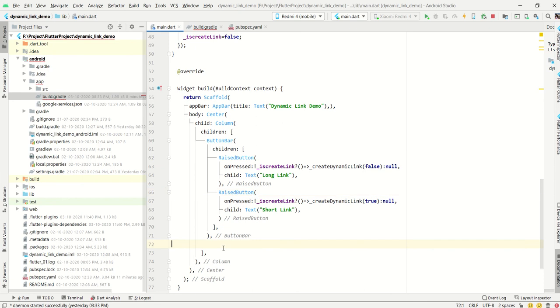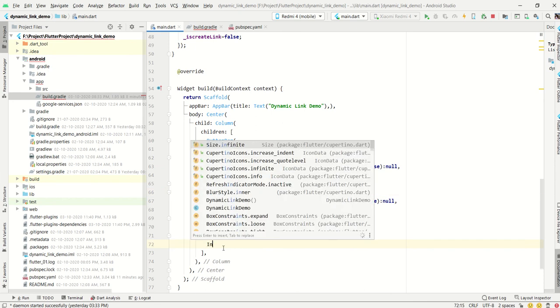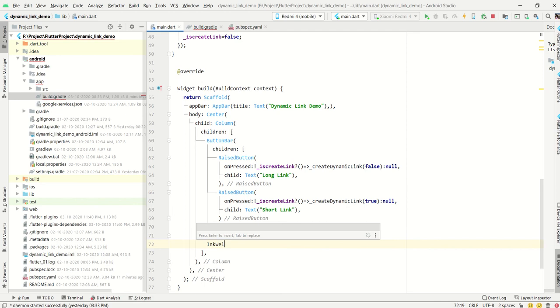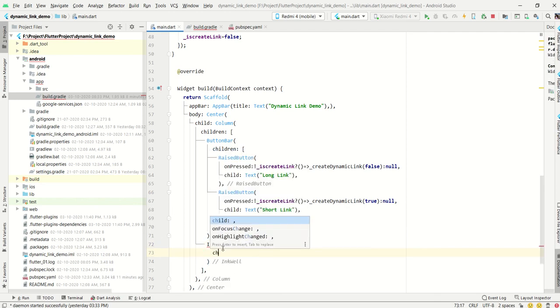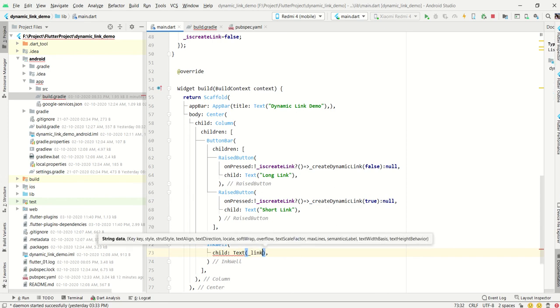So for that we have to add one Text widget called link Vela. Inside it I use the child property, inside it text is there, and inside I write link message, because there we store our link.